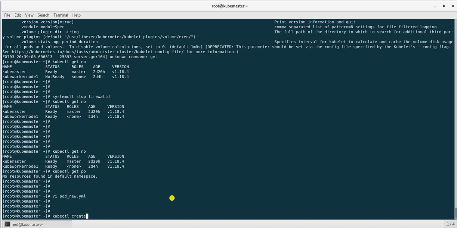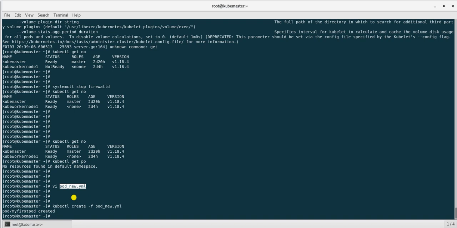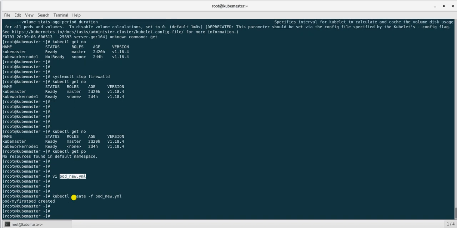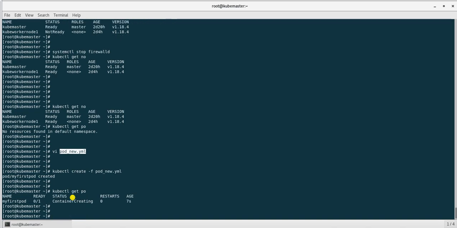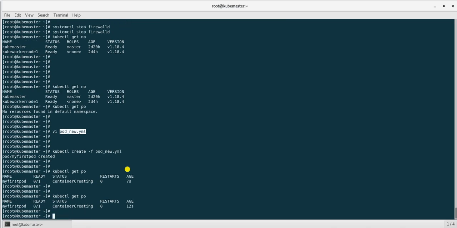kubectl create -f, spec file name, this one. So our pod is created. Let's see, get pods. It is still creating. Get pods.